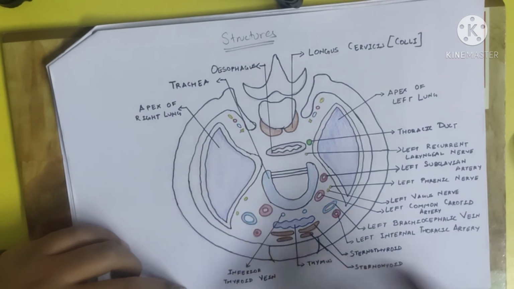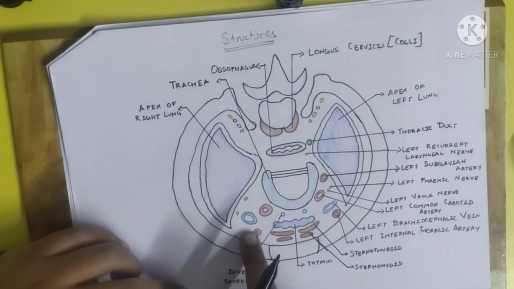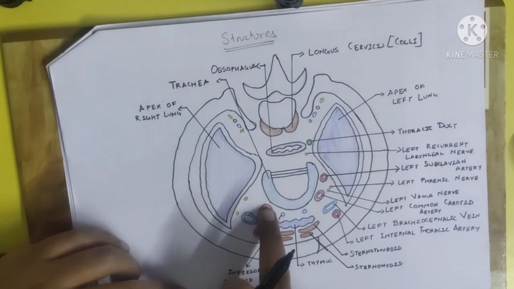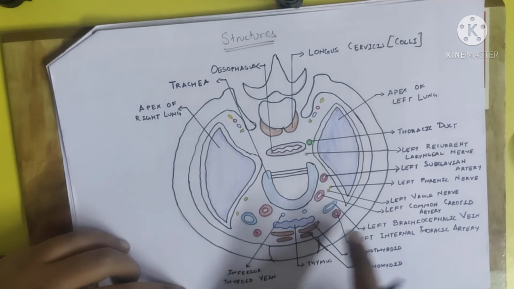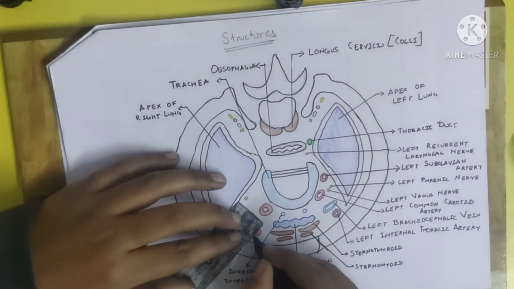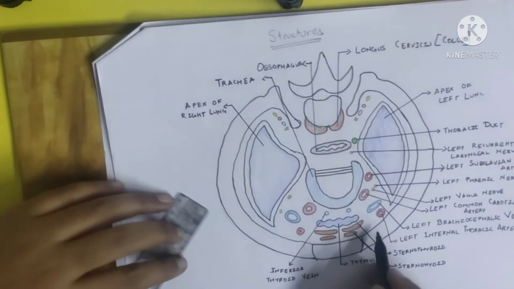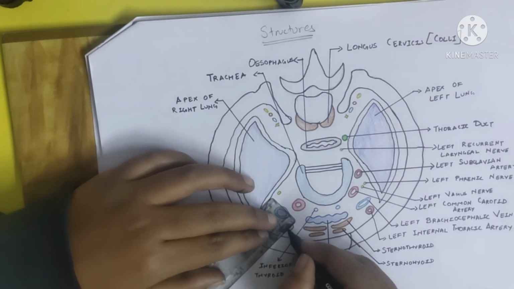Okay, now again we have the two arteries. So we have here, sorry, this one will be your brachiocephalic artery, and this one will be your right internal thoracic artery. We have a left internal thoracic artery. The complementary structure to that will be your... over here. Here is your left internal thoracic artery, and the complementary structure on the right side will be your